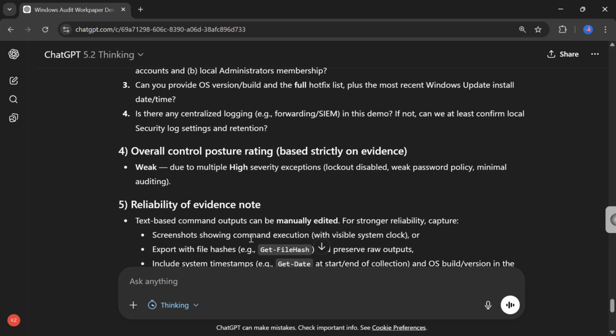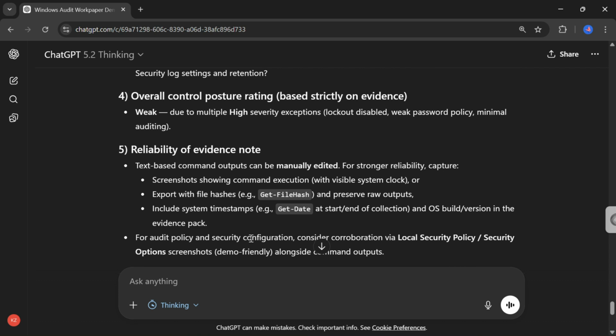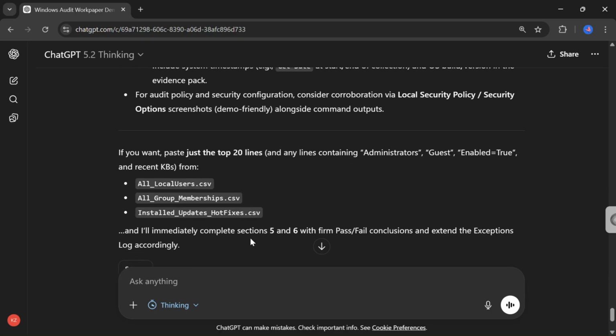Right. Overall control posture, it said it's weak. Reliability of evidence note. Screenshots showing command execution. So it's saying what else you need to capture. So screenshots showing command execution. Export with file hashes because we want to be sure the files haven't been changed. System timestamps, and so forth. And it says